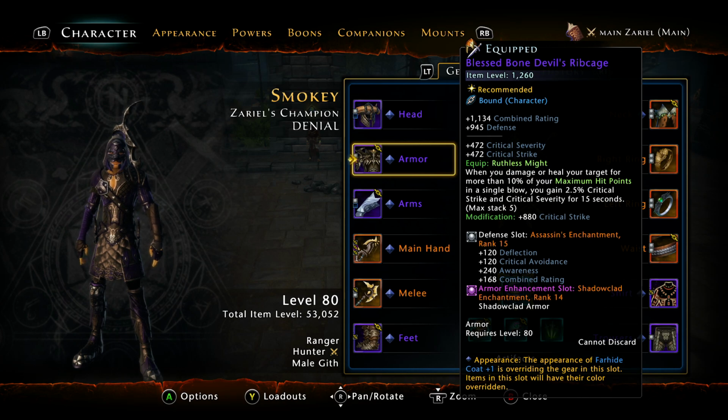Next is the chest piece, which I'm using the Boned Devil's Ribcage. Everyone should be using this because the gain from it is just head and shoulders above everything else. It's 12.5% crit strike and critical severity once it's fully procced at 5 stacks, and getting to 5 stacks and maintaining it on a hunter is easy. So just best in slot, and as you can see, I've swapped to a Shadowclad